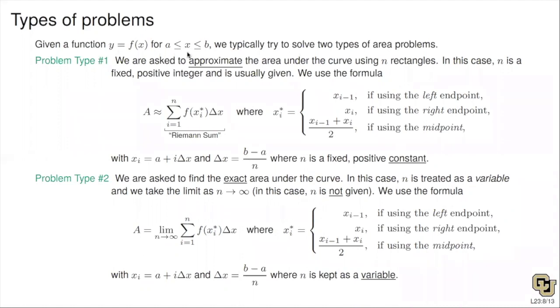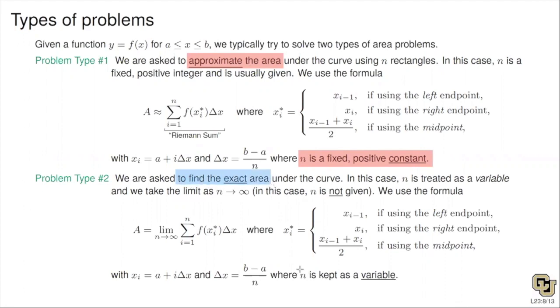In the approximation of the area problem, n is typically a fixed positive constant. Typically n is given to us, like 5 or 7 or 100. However, if we are doing the exact area problem,